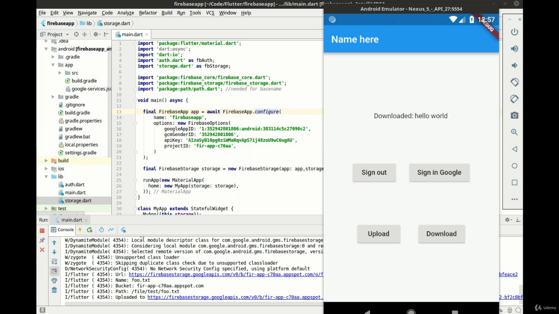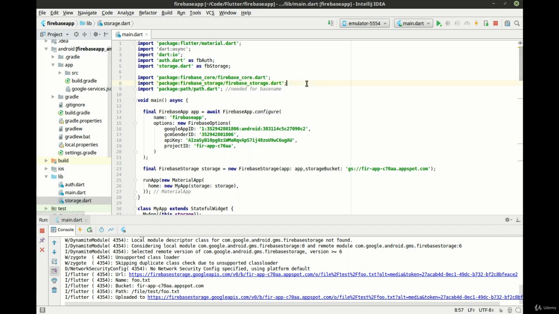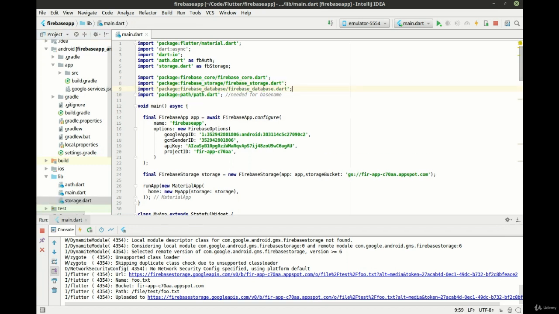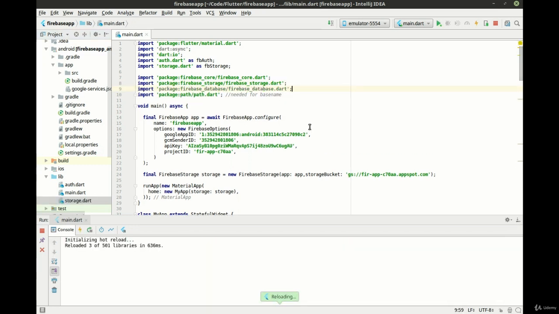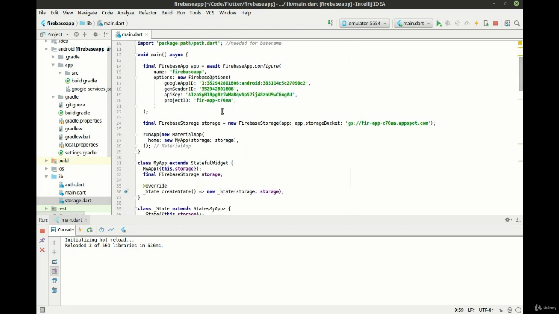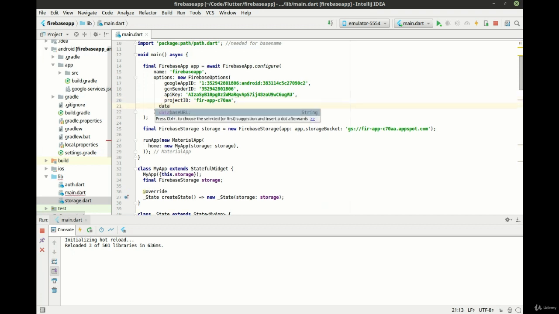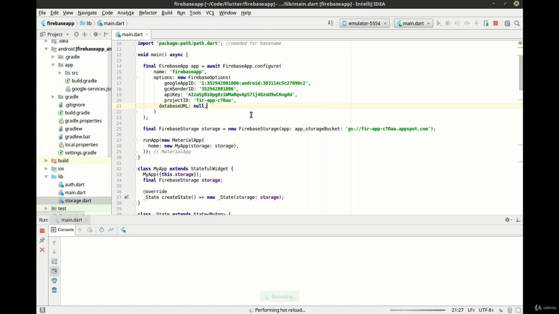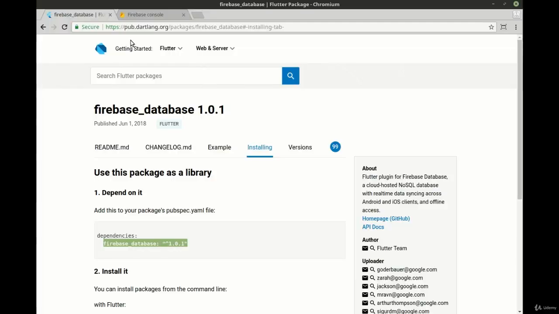So let's get our import in there. And let's say bang bang. Add our import in there. That way we know we're going to use it. Now we need to look at our configuration here, and we need to add an extra line, and this is going to be called database URL. I'm just going to set this to null for the moment, and we're going to move this over just so it looks neat, and we're going to jump actually into Firebase